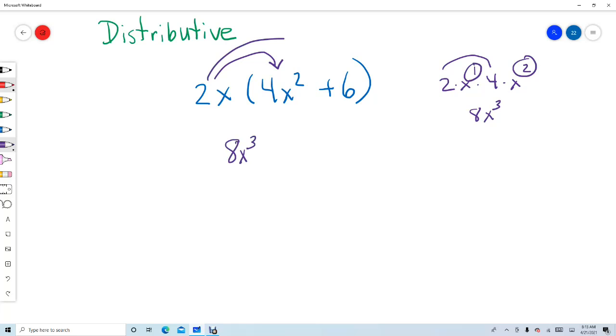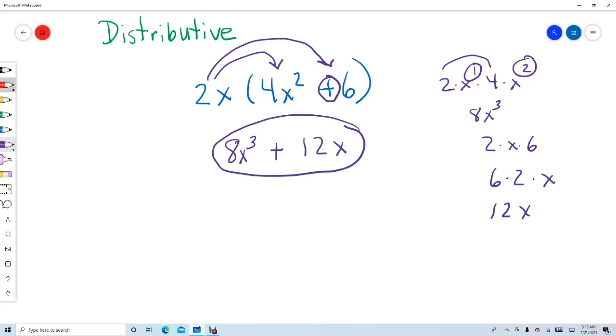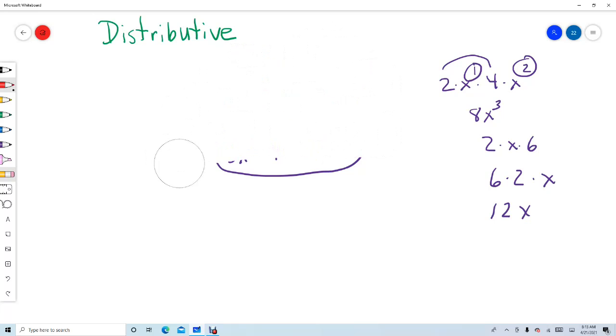Now I want to multiply 2x by 6. That's just 2 times x times 6. I'm going to multiply my numbers first, and that becomes 12x. So then of course I've got to keep my plus sign there, and my second term is 12x. That's it. I think they throw in one in the practice where there's 3 terms